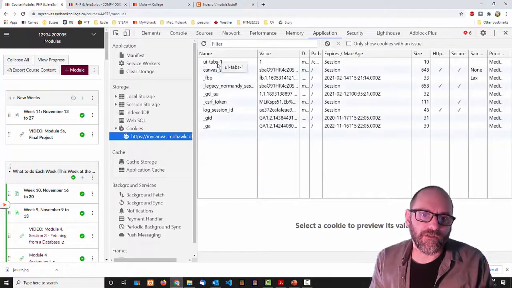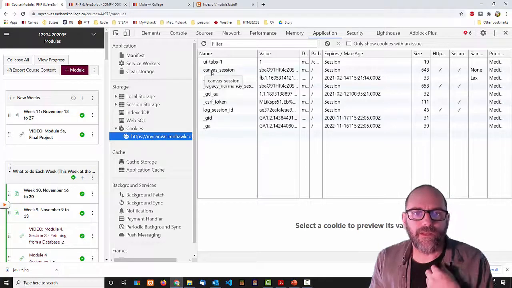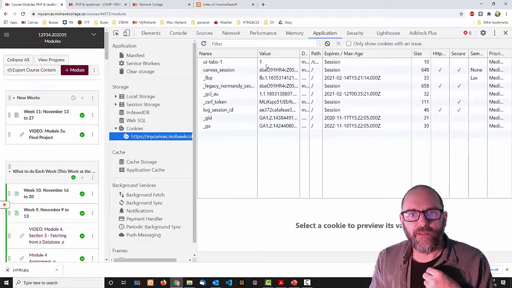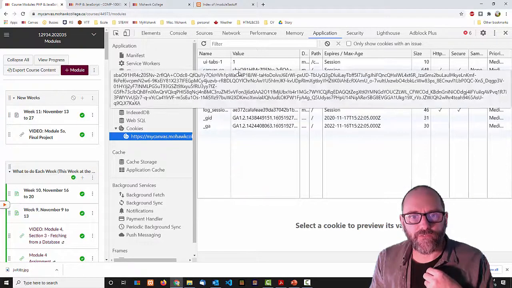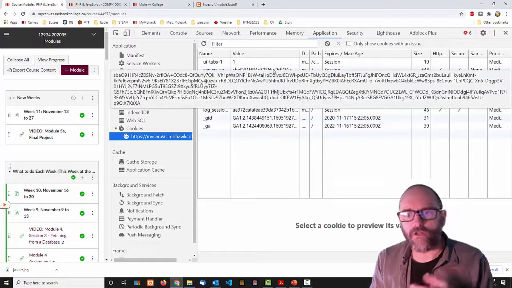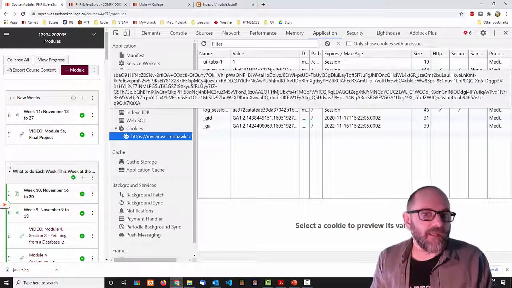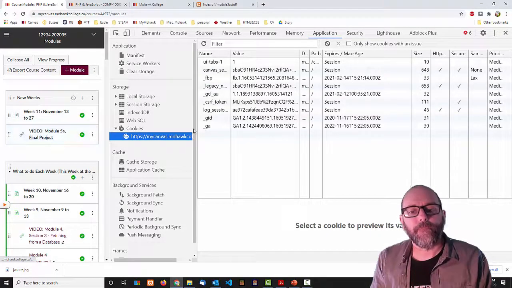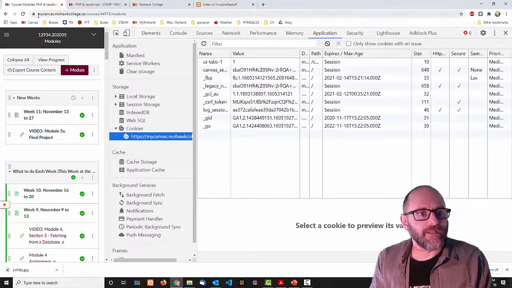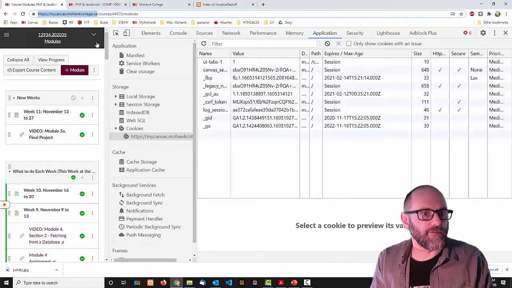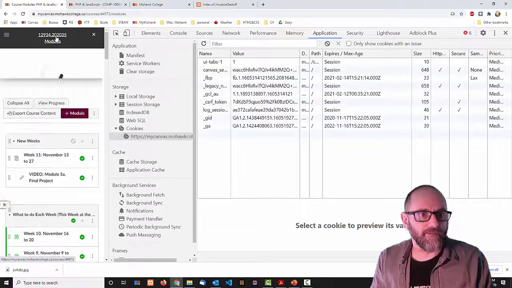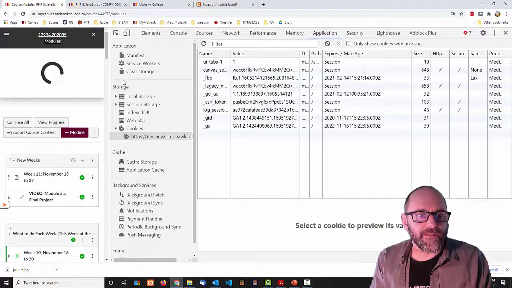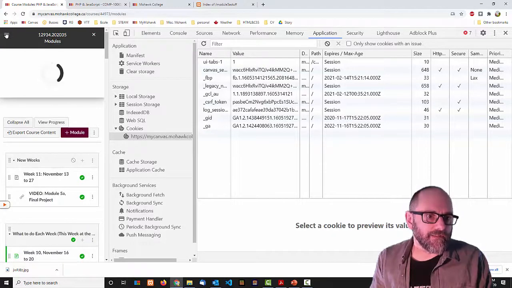And if you come in here, you can see all the cookies for Canvas. And see this one here, Canvas session. The value of that cookie is this weird looking, really long string that's a unique key that identifies me. So that the next time I click on something in here, if it's the next request that goes back to mycanvas.mohawkcollege.ca,